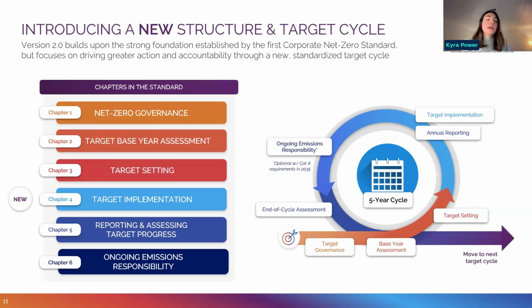So as you can see here, the standard consists of 6 overarching chapters that roughly align to the target setting cycle. The focus of today's session will largely be on the process and requirements for setting and implementing targets, so looking at some of the options and requirements outlined in chapters 2 through 5. But for more detailed information on any of the chapters or elements that we do not have time to address today, I encourage you to visit the SBTi's webpage on version 2. You can also connect with the Agendi team and some of our other SBTi certified experts.